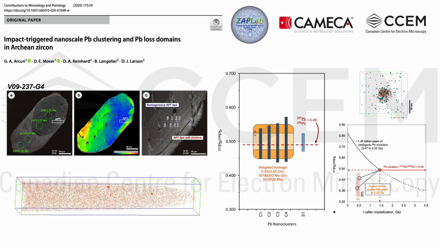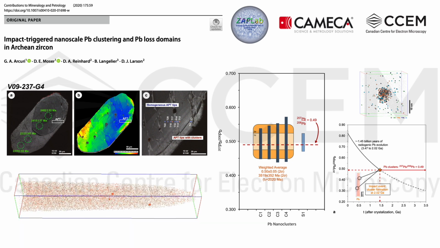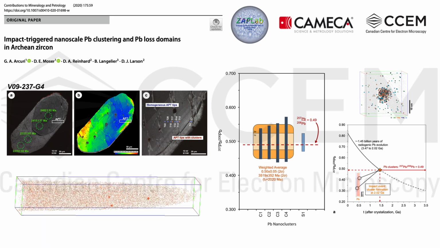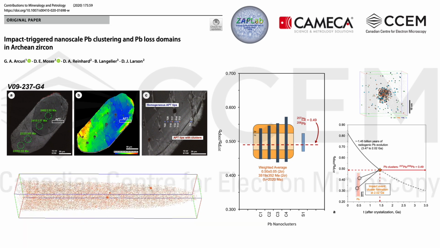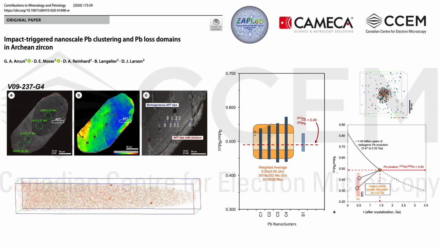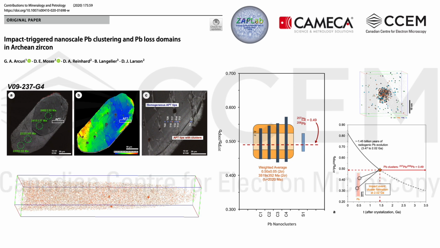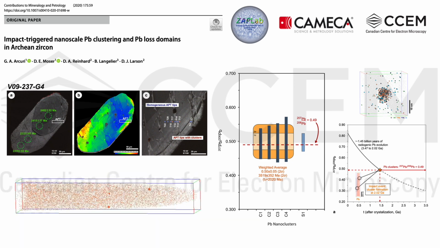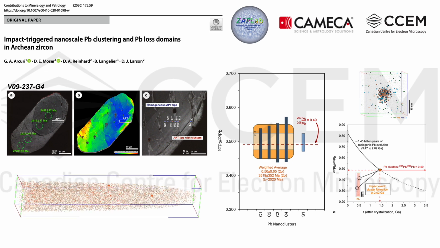And as expected, given the high temperature history of these grains, our APT data does contain 10 nanometer diameter clusters of aluminum and lead. And what's interesting is the lead is not supported by the parent uranium. And looking at the clusters a bit closer, we can measure an average lead ratio, so our lead 207 over 206, and this ratio is about 0.5.